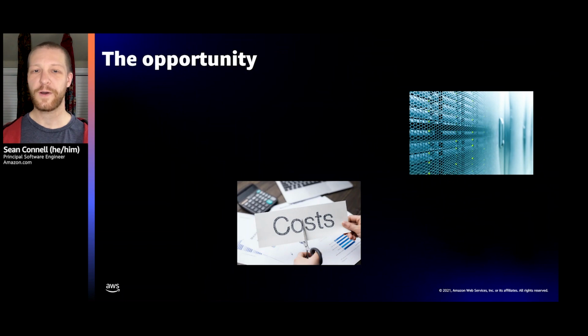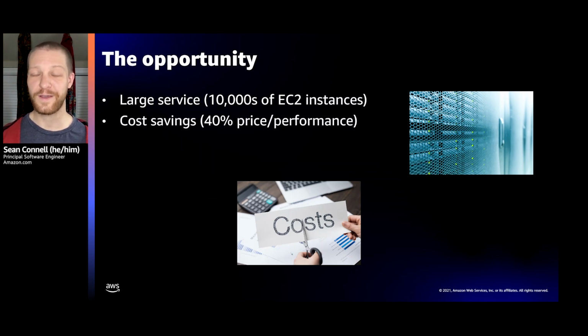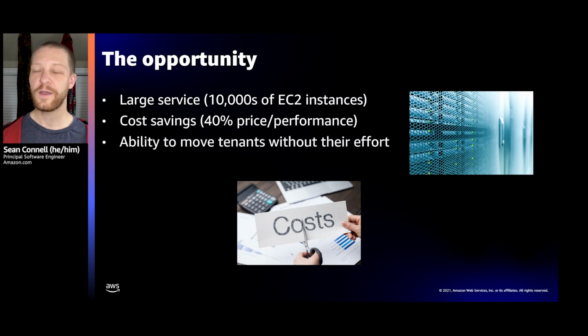First off, I want to talk about why we were interested in Graviton. We have a lot of hosts inside of Amazon, tens of thousands of EC2 instances, which means any sort of hardware improvements that we can get will be a large change for the company's bottom line as well as our internal team. So when we were looking at that 40% number, it was too big to pass up. In addition, we're a hosted runtime service, and we host other people's code, which would normally make this kind of migration difficult. But because of our architecture, we had a few tricks so that we could move people's code without them worrying about the processor underneath them.